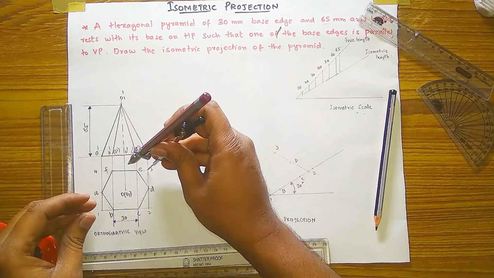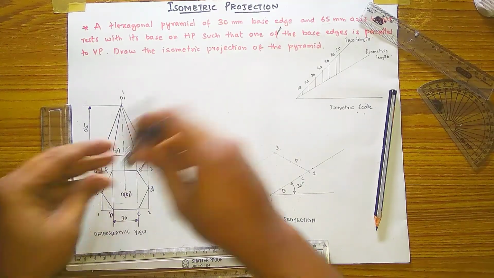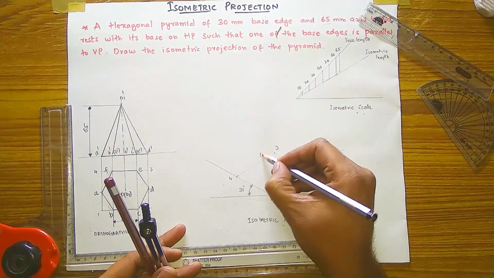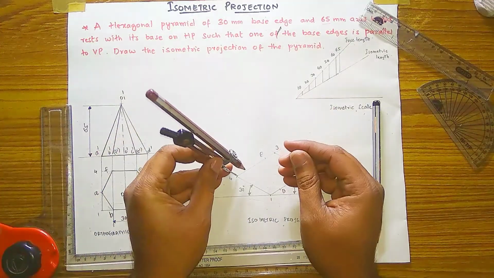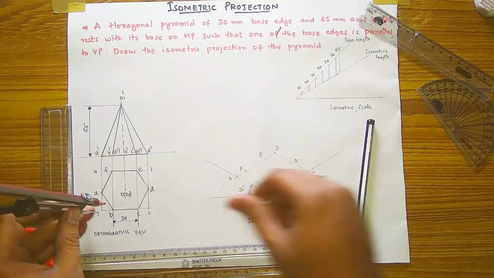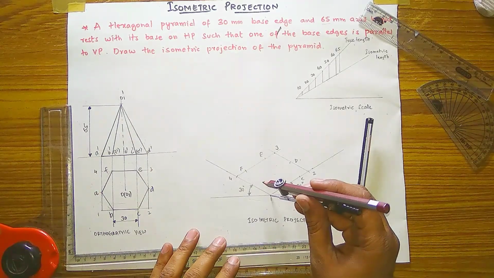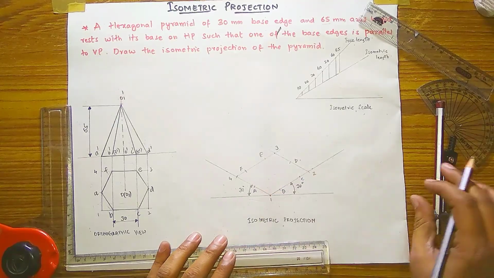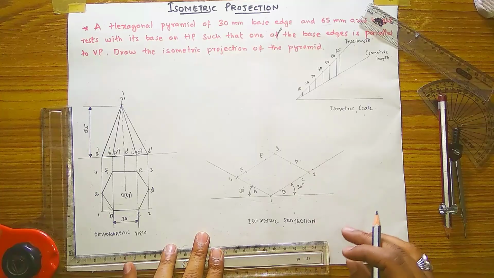And 3 to E you have to measure it to remove the E point. So I am keeping on 3 only, and this point will be E. Same for F, keeping on 4, and this point will be F. And from 1 to A I am measuring. Each point you have to measure and do the points. And these will be all the points you have removed, and now you have to draw a hexagon here.